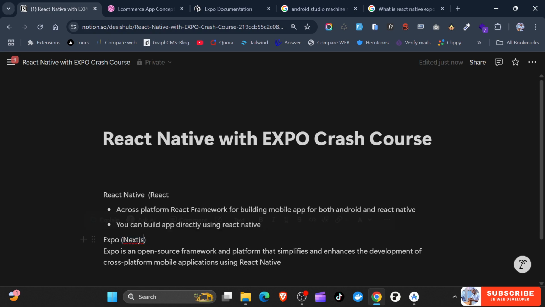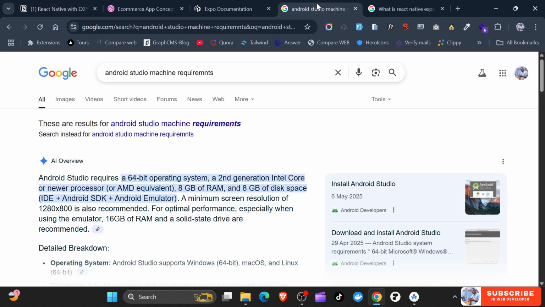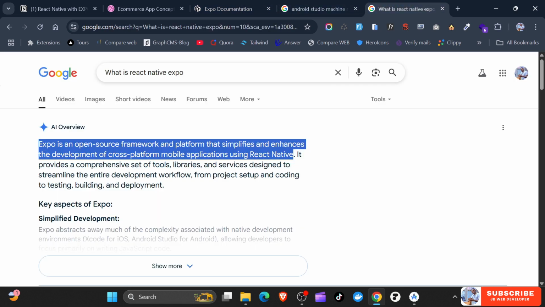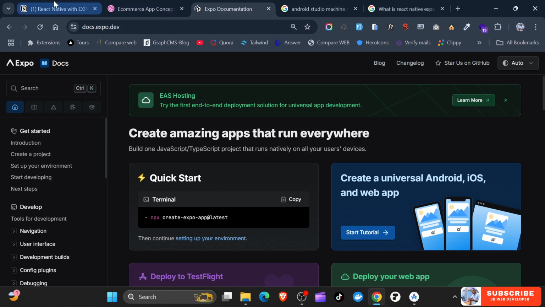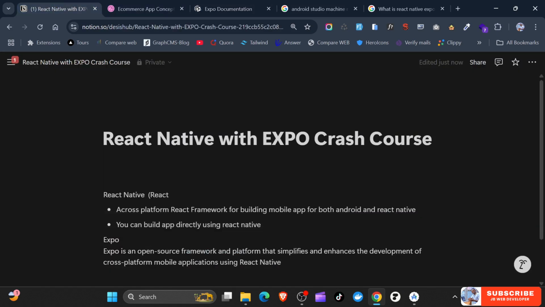These are the two things you simply need to understand. Just put it in your notes: Expo is similar to Vercel or similar to Next.js. It gives you all the necessary tools you need, be it hosting or anything else, for the entire development: testing, building, and even deployment. So you can see it gives you all the tools you need to do building,